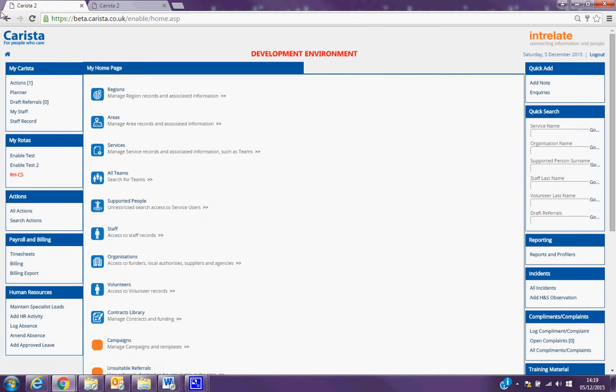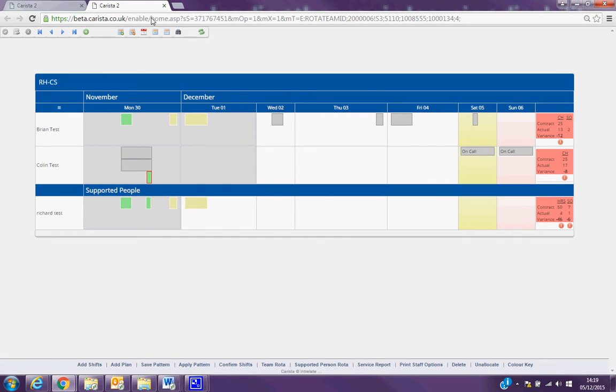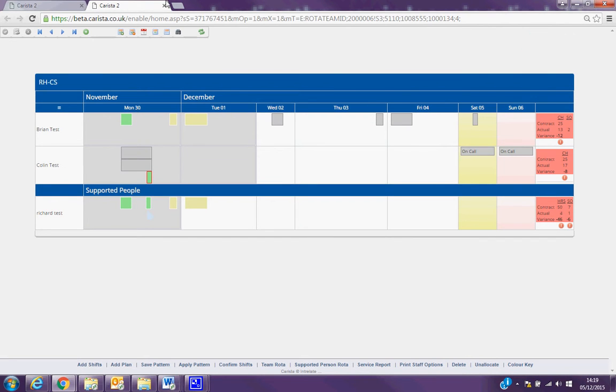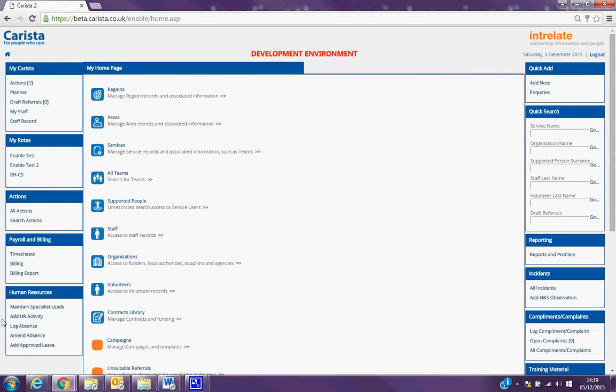window which is separate from your home page, which is important because you'll see here that there's no home button to navigate back to your home page. So if you want to navigate back to your home page, you have to push the cross in the tab in your browser, and that'll take you back to the home page. So if we just go back into the rota again here,